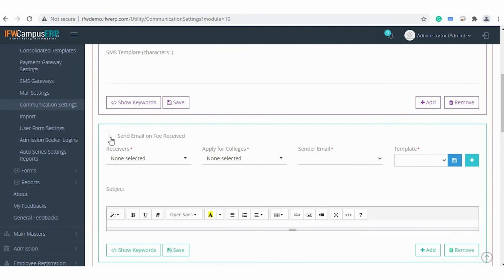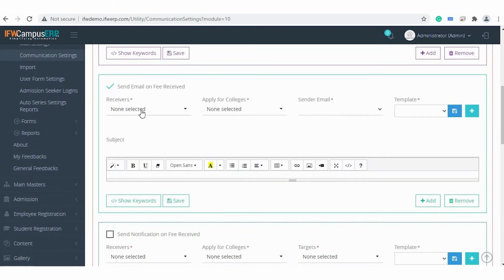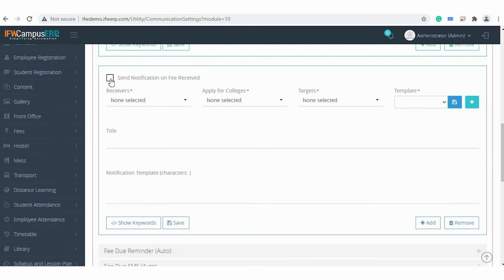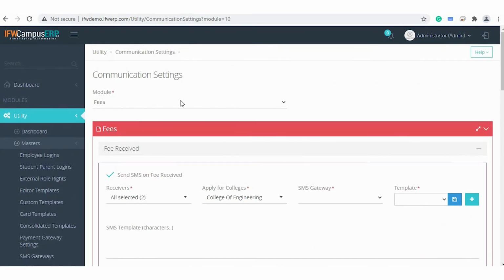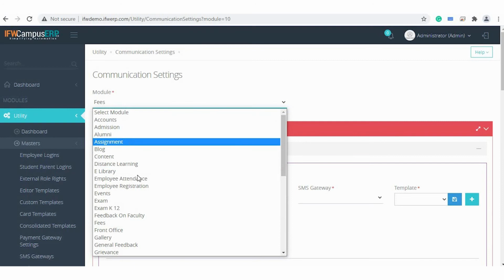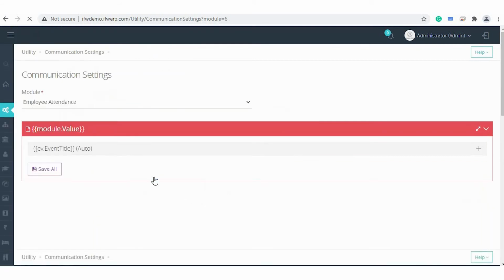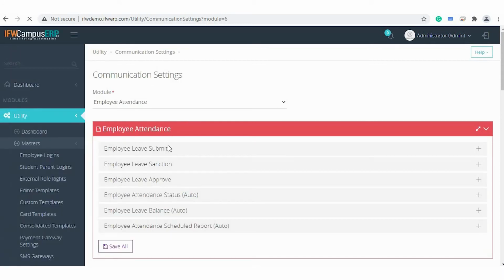Similarly, you can send the emails to the respective receivers, and the ERP notifications to these receivers. The ERP notifications will be shown here. So these communication settings are basically used to send the automatic SMS, email and ERP notifications.